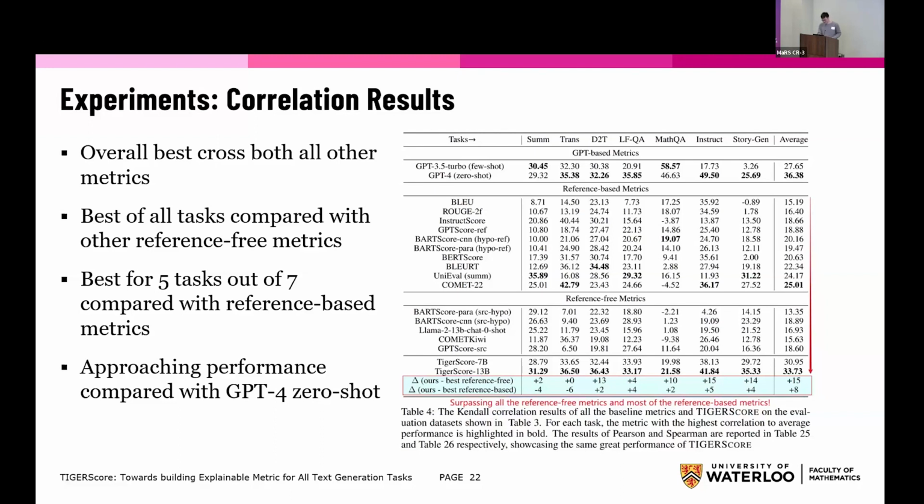As you can see, basically the overall TIGERScore actually reached some kind of 33.773 overall correlations. Yeah, it's very great performance, and also the best of all tasks compared to other reference-free metrics. It's also best on 5 out of 7 compared to the reference-based metrics. So the 2 tasks that our TIGERScore didn't beat are actually the summarization and translation. As you can see, for summarization, UniEval has achieved the best correlation, and for translation it's COMET